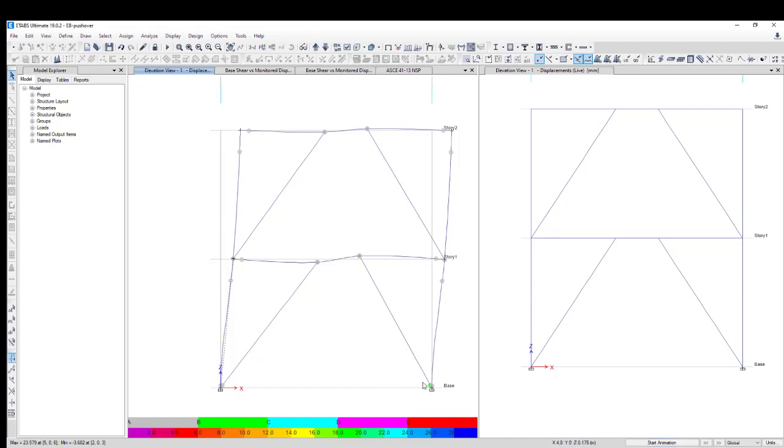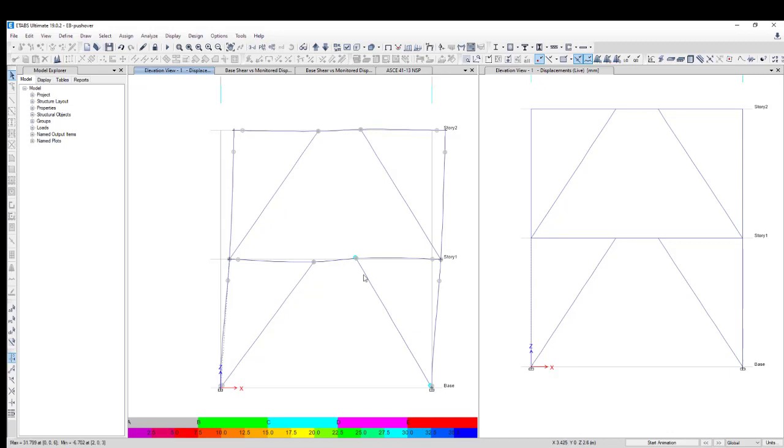That means the structure will start to deform or damage in this area. In the next step, the damage will occur in these braces,